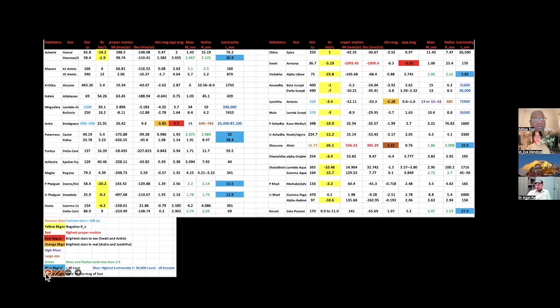Now let's see what is proper motion. These two columns are proper motion. You see which one has got the highest proper motion? This guy. Swati, interesting. Swati has got the highest proper motion, and the next is Shravana. When you say proper motion, this is the movement across the sky, not towards or away, but in the plane of the sky. That's why Swati. Who is the deity of Swati? Vayu, highest speed.